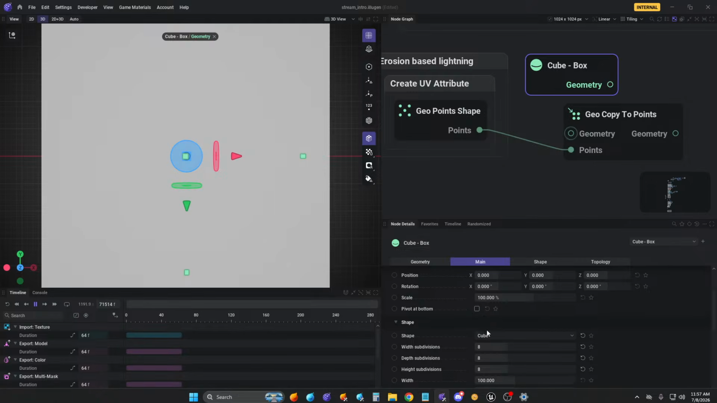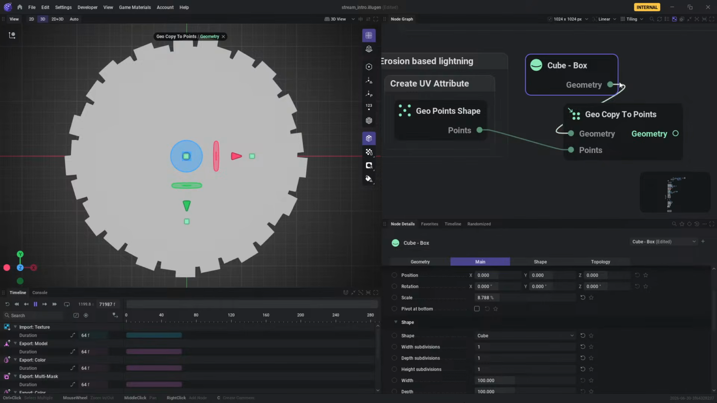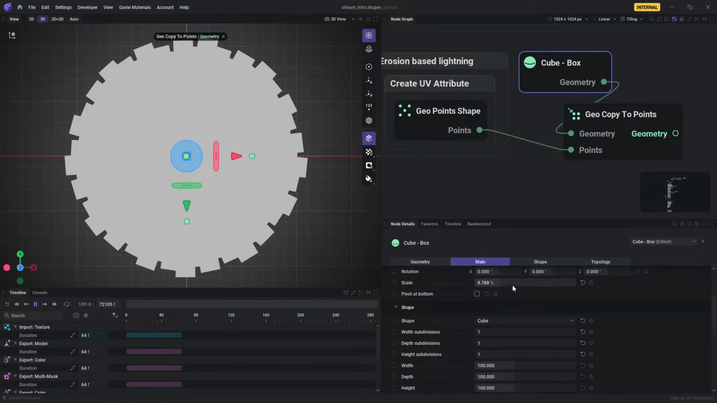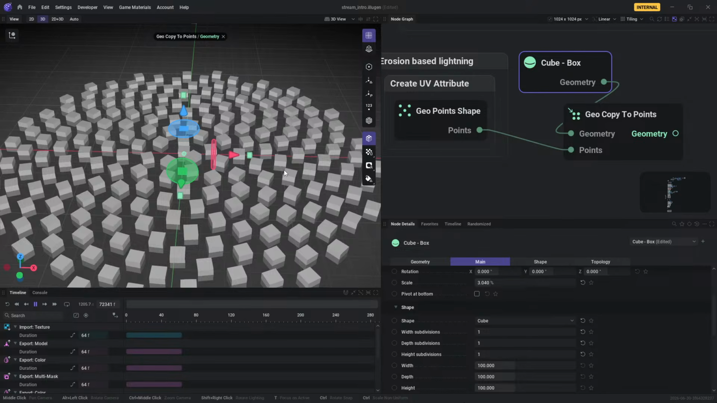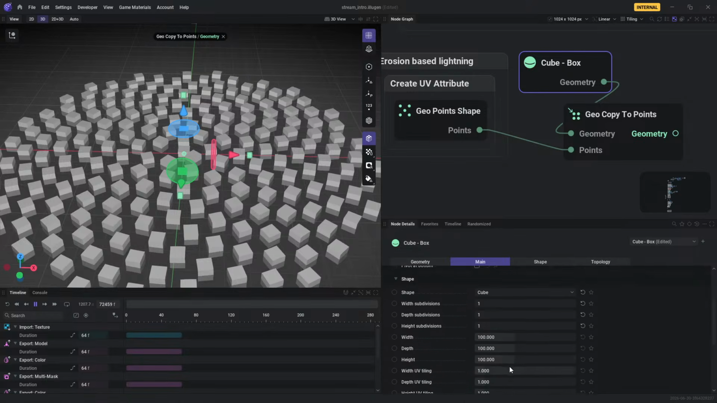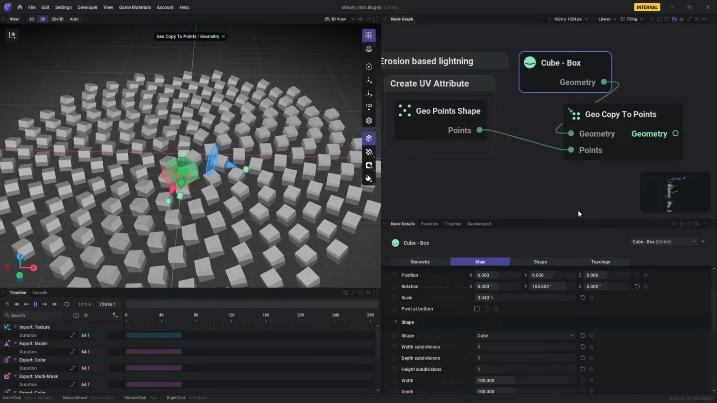So we've got a little cube, and let's just say it has one subdivision on each side, and my scale is really, really small, and I copy to points, and boom. Now we have a bunch of little cubes instanced to all these points. And then you could say, hey, I want to randomly rotate these per point or whatever. There's a bunch of things that you can do to start building procedural geometry with these